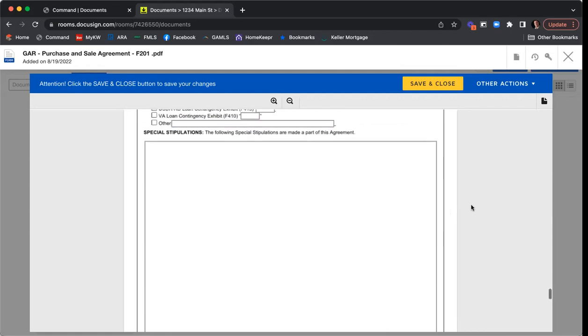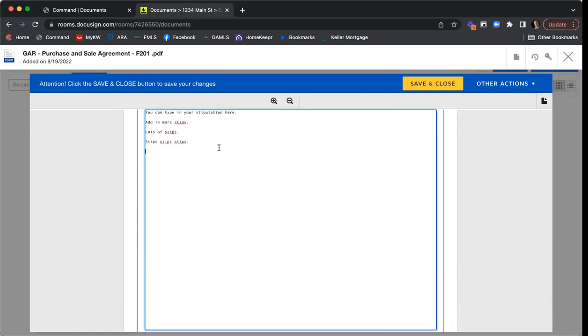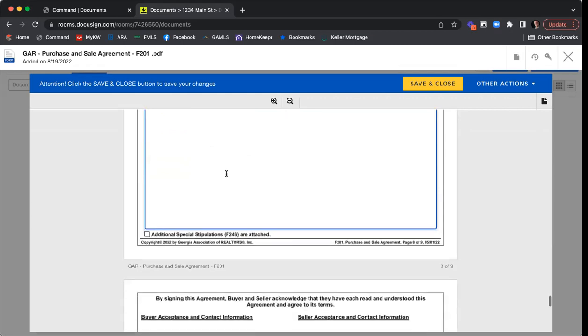I don't know why. And now we have our special stipulations, which thankfully the Georgia Association of Realtors gave us a lot more space. So you can type in your stipulation here, add in more steps, lots of steps, and you can just add as many as you want, or you can fit here. Again, if you need additional pages for stipulations, you could check here the additional stipulation page and add form F246